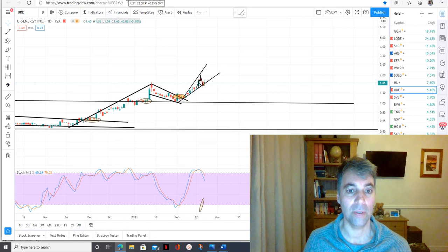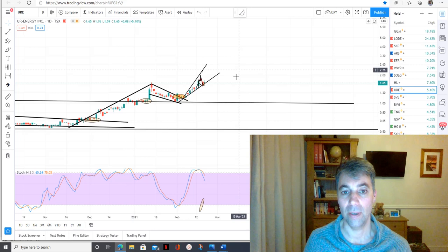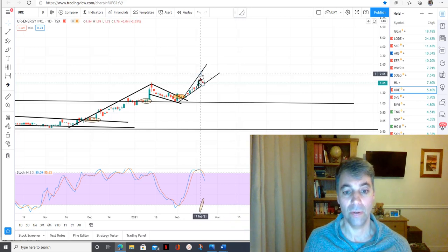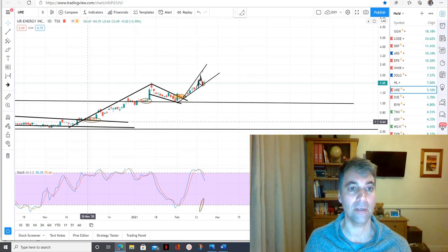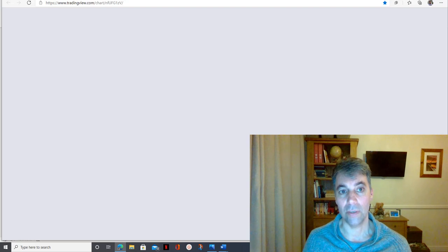But at the moment, since I first started charting this at the breakout back here around about 70 cents or something like that, we've moved up about 300%, nearly 250%. So it's been a nice gain so far. So it's good to lock in some profits if you've been in it since the start. Just be a little bit cautious. One of the reasons I'm cautious on uranium,